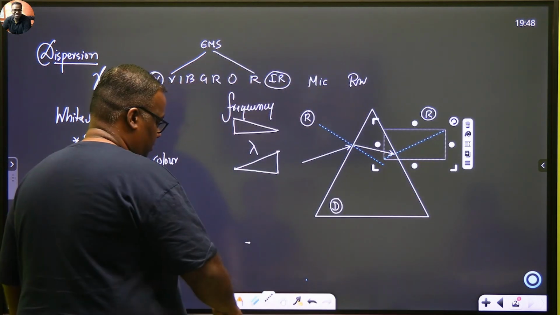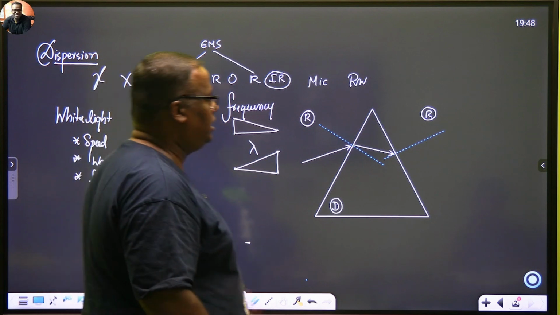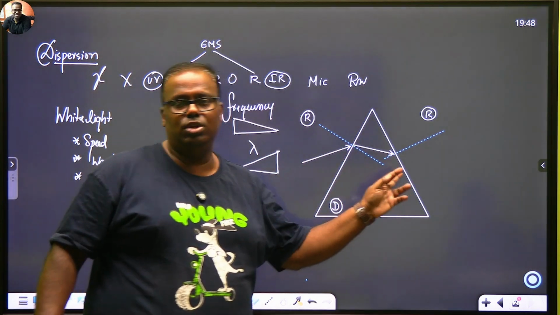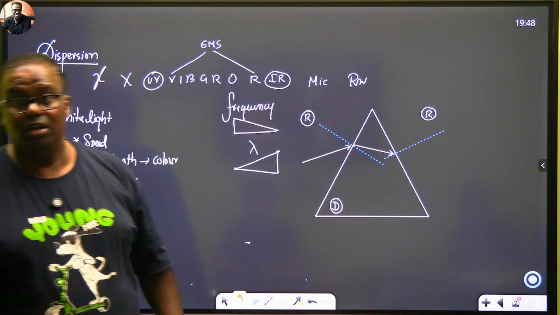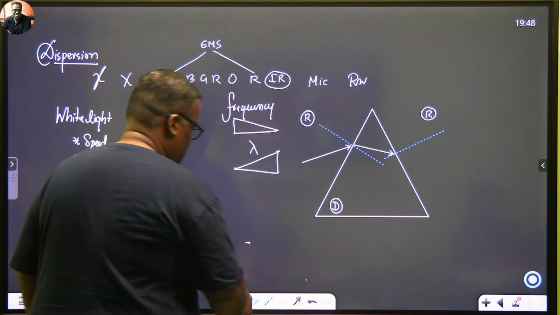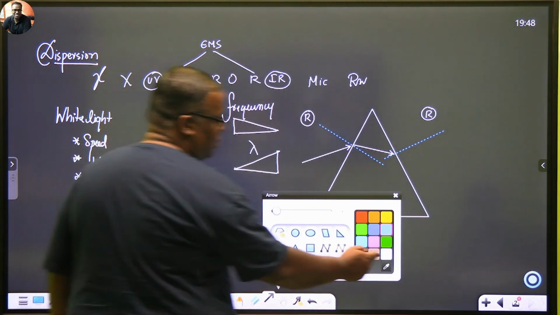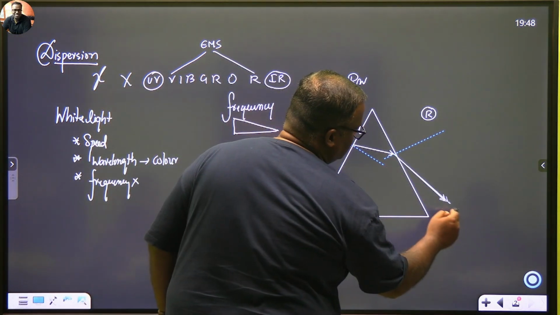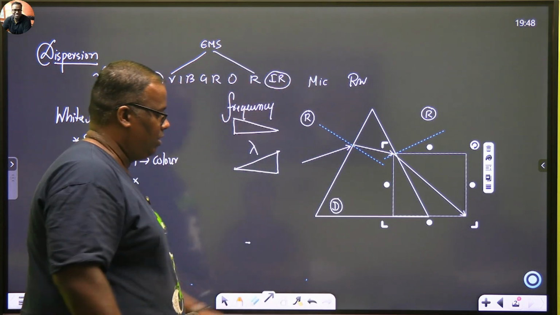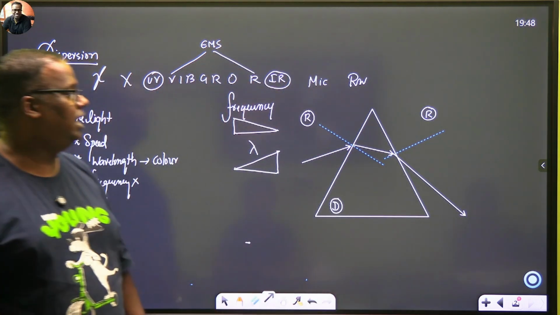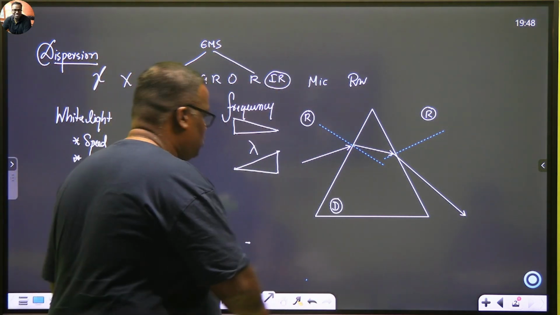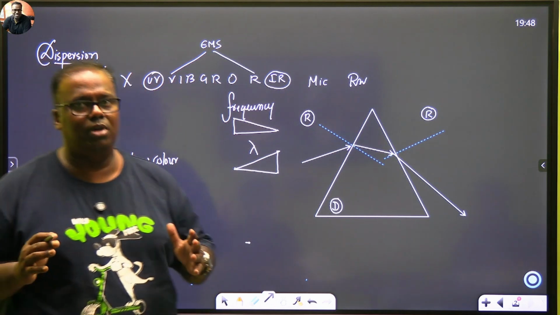Did you get it? Now, light is entering from denser to rarer. So what happens to light? Light bends away from the normal. Yes, see, it's so clear now with your concept. Light bends away. So light has bent away. Do you see this? Light has bent away. So if we actually compare it with the glass slab, I hope you remember the glass